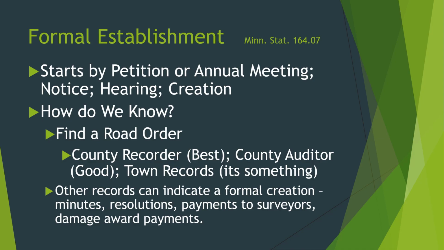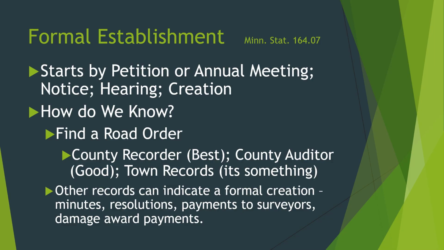TR4000A, which is Appendix A in the information library, and you'd see a checklist that talks about all these things you have to do, which includes those two starting points, notice, opportunities for hearings, and eventually, if you create a road, damage awards. And so that process is available there for you to look at. But when you're trying to figure out if you have a road, this is the very first place you want to look. And it's because if this process was followed, you should find what's called a road order filed with